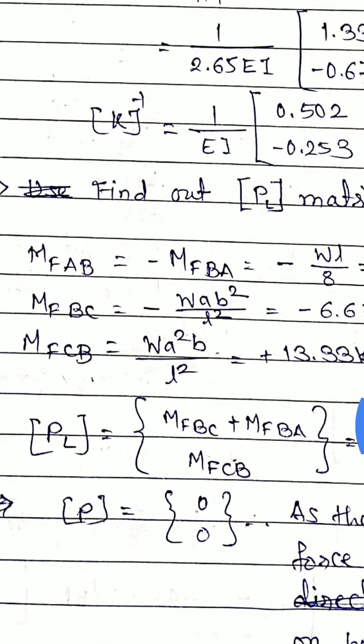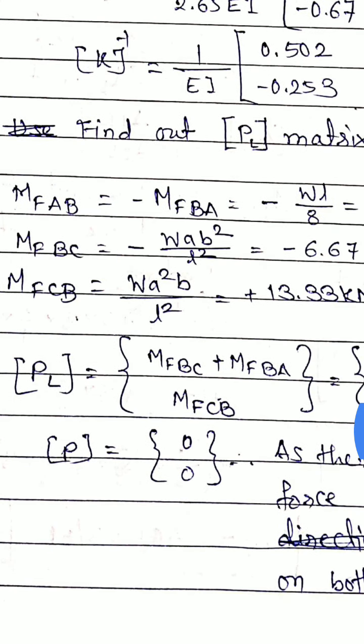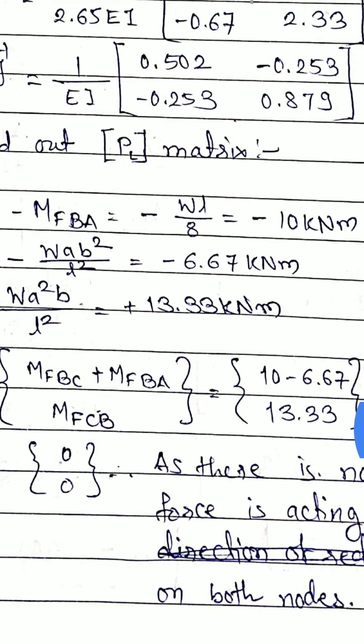Okay, from this you can find out this K inverse. In the next step you have to find out the PL matrix. What is the PL matrix? Once again, P denotes your action, or say moment. Why am I talking about moment? Because I am trying